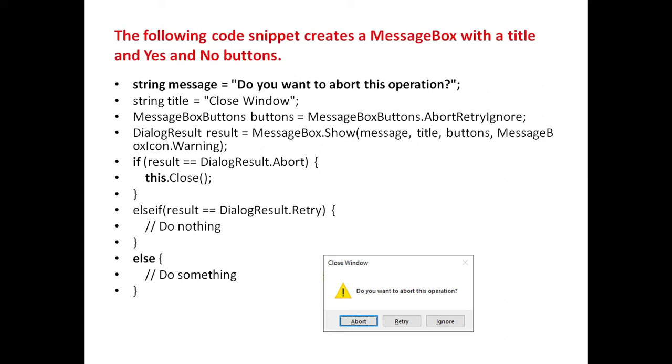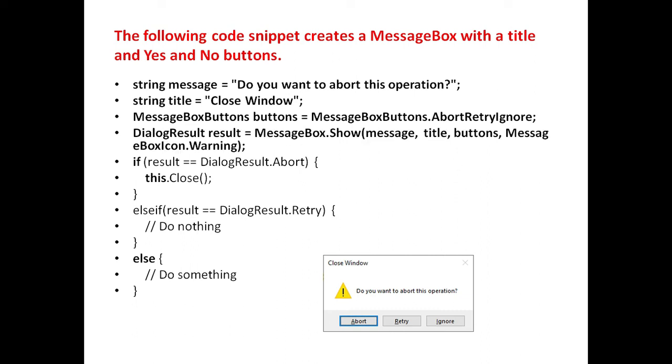To display a message box with icon and with buttons, we will use this code. We will define a message, then we will define a title, then we will define buttons as Abort, Retry and Ignore, and we will call the MessageBox.Show method in result. Depending on the result value, we are going to execute the code.